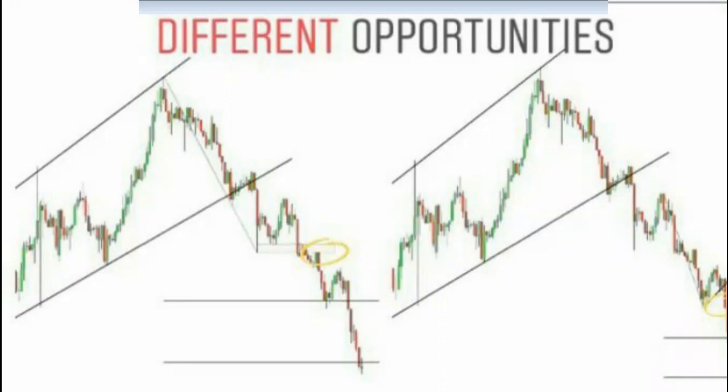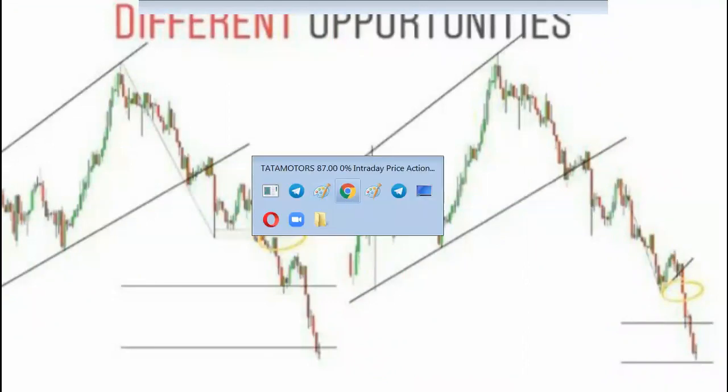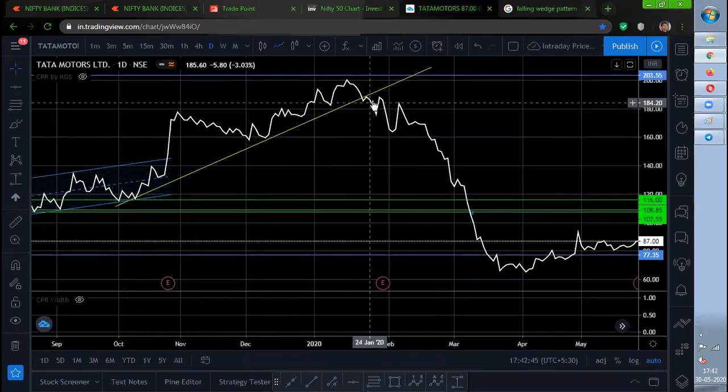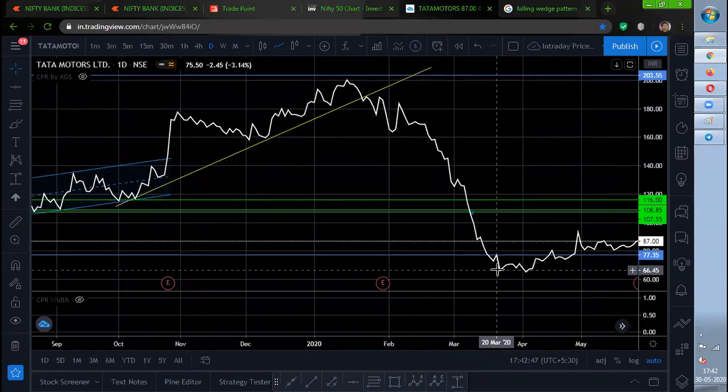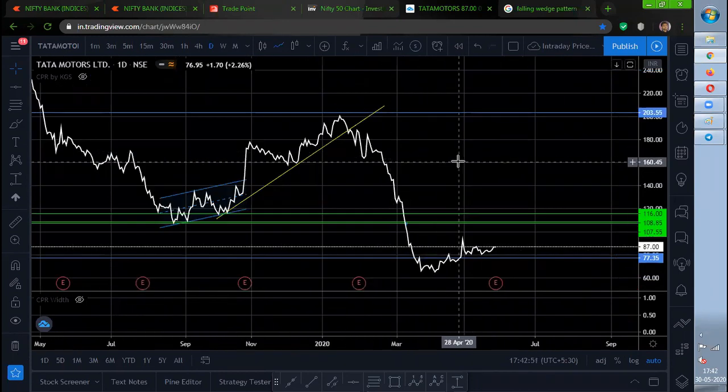Okay, bro? Now we will see another opportunity here. So here they are using just simple trend lines. If you draw a trend line over here, then a breakout. Then again a trend line over here, a breakout. So this is what I showed in HUL. Tata Motors, we analyze now. This, see, just a trend line, nothing else we are going to draw. Just a trend line, a break. Okay. So this is how we need to analyze stocks, bro.